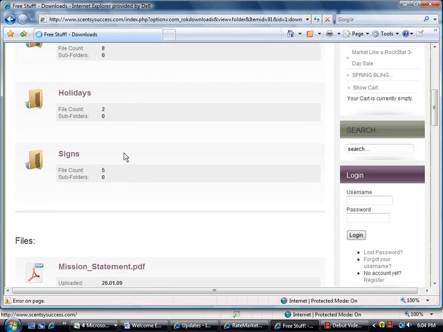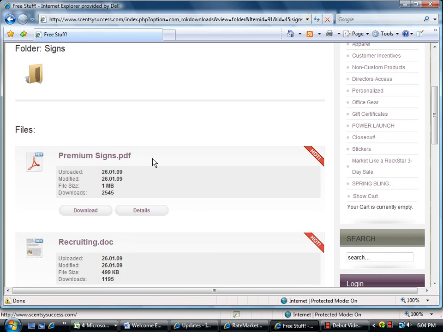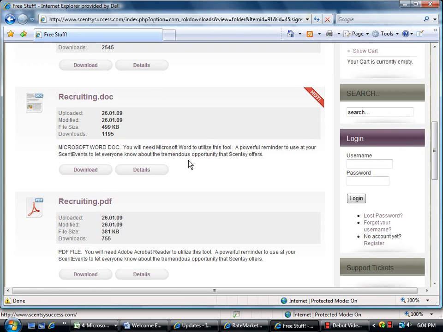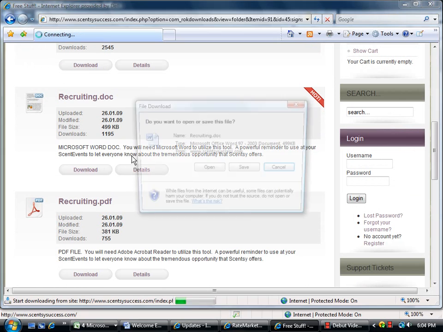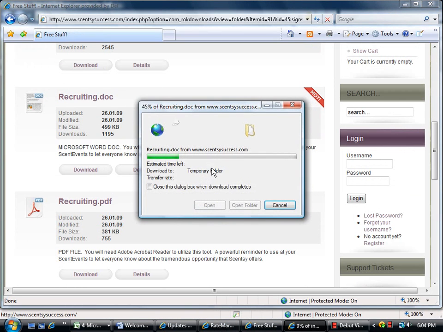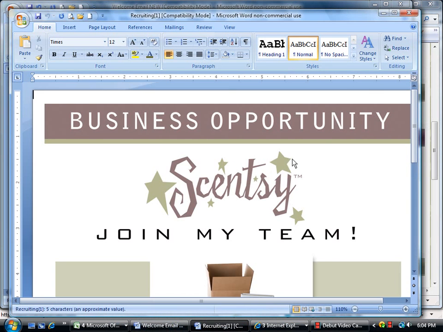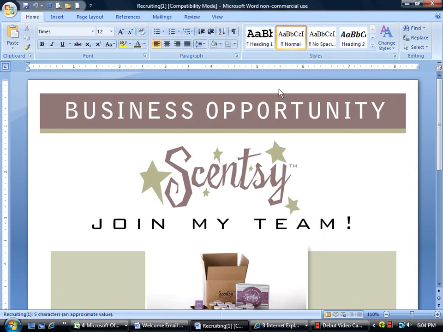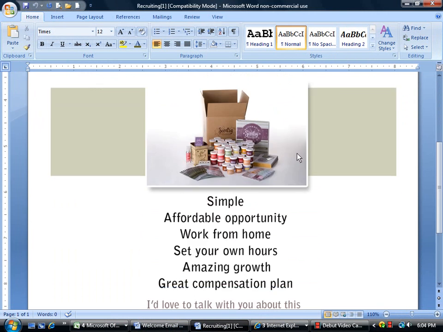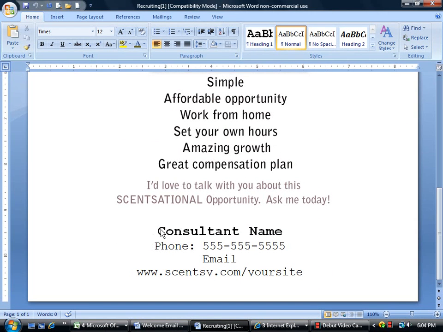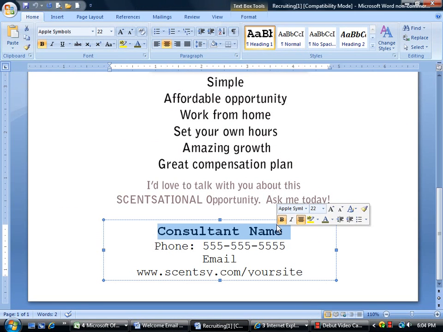Okay, let's go look at signs. So let's look at this recruiting sign. Let's download one of those to see what it looks like. And there you can see this is actually a Word document, and down here you can put in your own consultant name